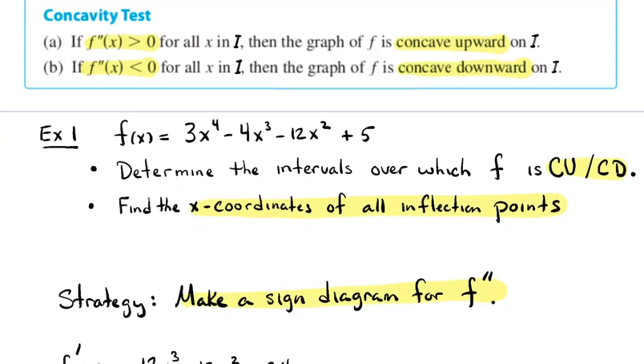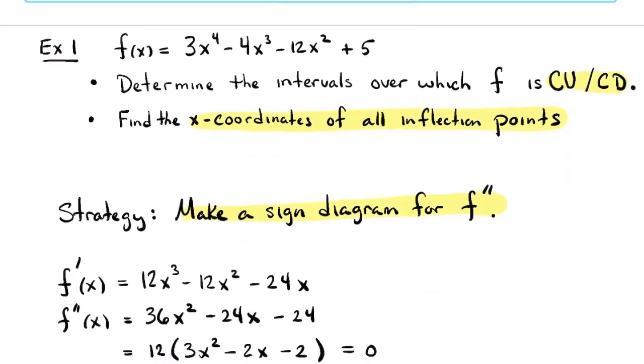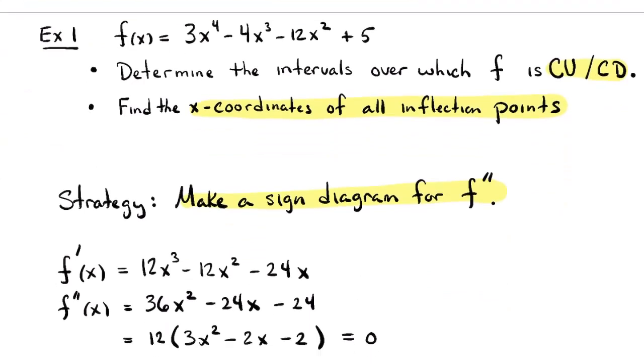I've written this example out so we can go a little bit quicker here. We've already computed the first derivative in the previous lecture, but there it is again. Stop the video and verify these calculations. The first derivative of that fourth degree polynomial is this cubic. Differentiate again, and you get that quadratic polynomial. Yeah, 3 times 12 is 36, and so on and so on. I could factor a 12 out of that thing, so here's my second derivative factored,